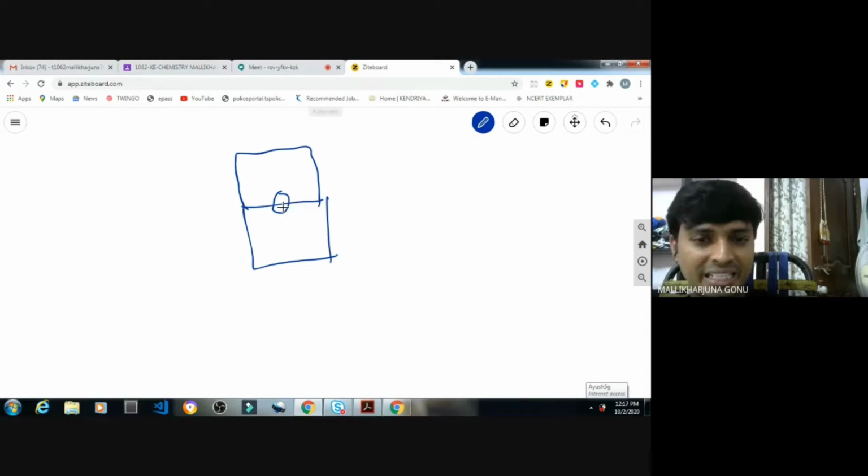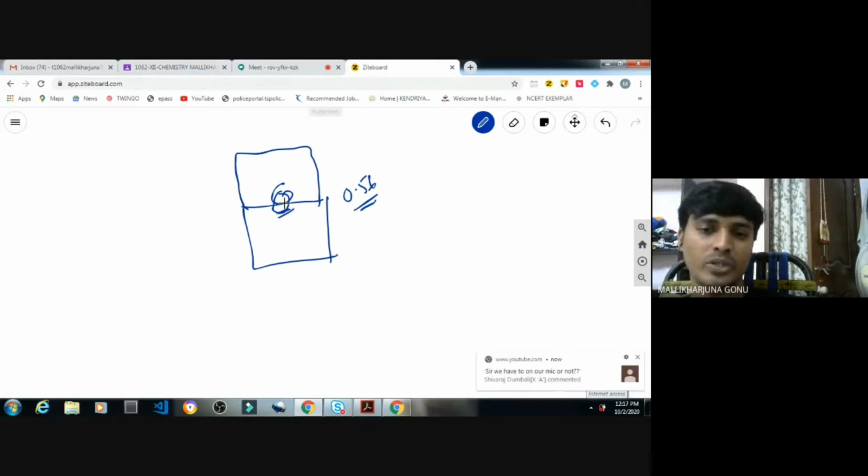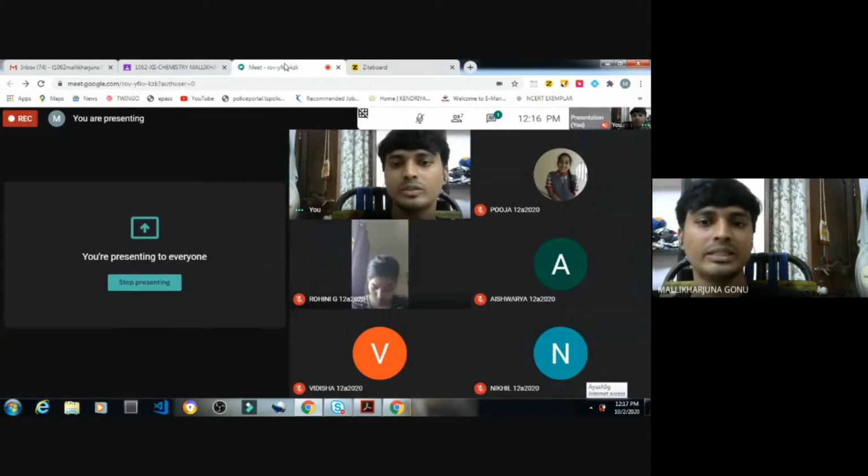So here I mentioned it is 0.56, in that way it is mentioned. It means that it is not exactly half. It is like one is the major portion, and the other, 0.44, is the other portion. So that's how it is. Okay, so this is the meaning of that one.